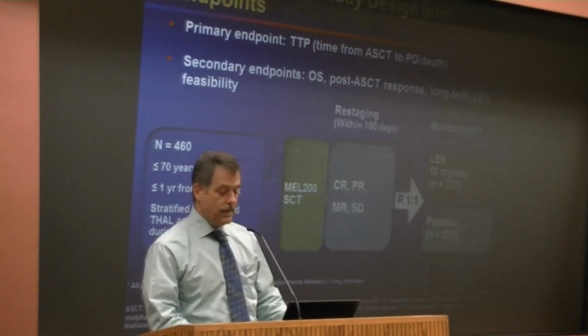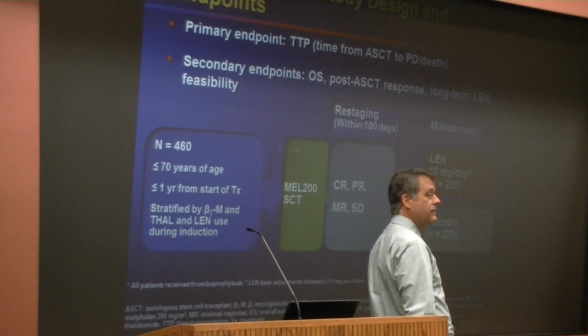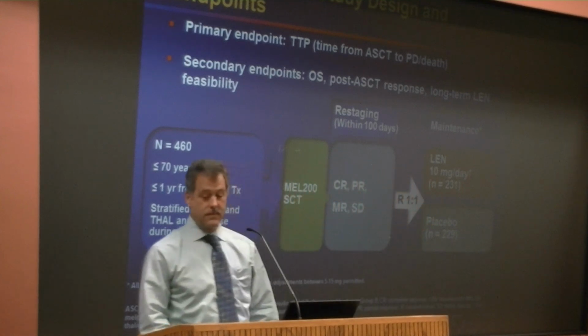Thalidomide, though, is hard for some people to take. It makes people's feet go numb. Yes? If you're on, say you're taking thalidomide,